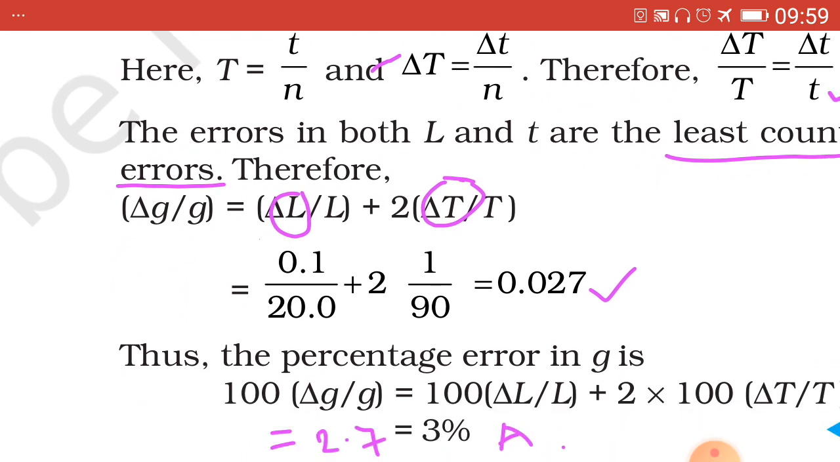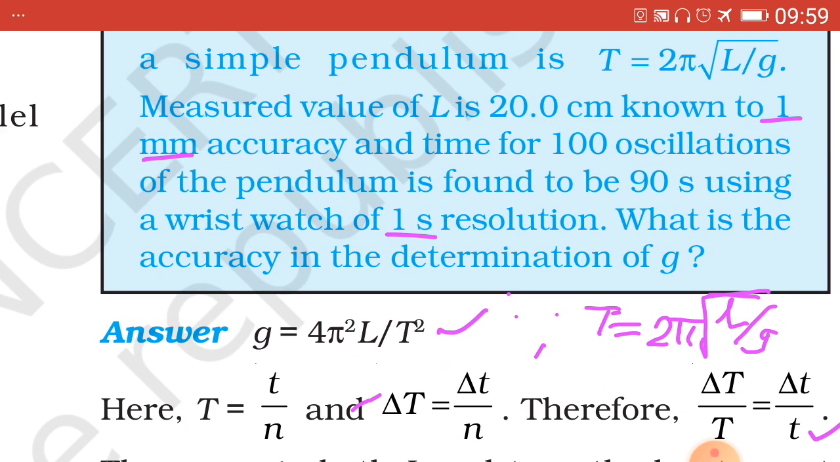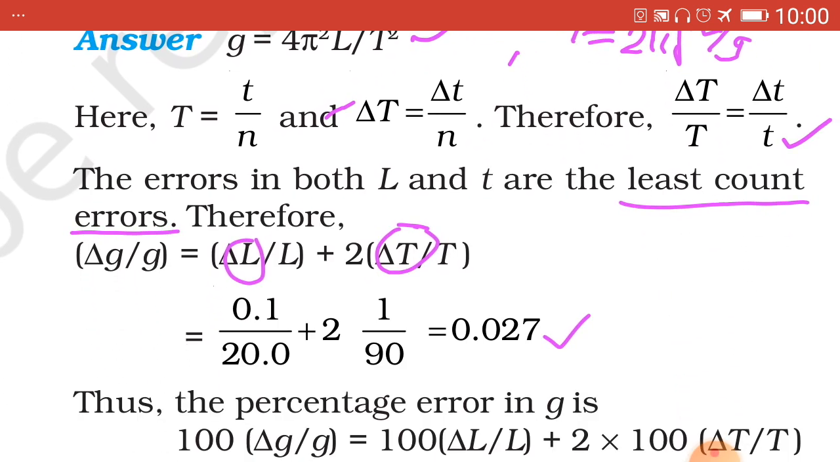So this is equal to delta L. Now delta L is substituted as 0.1. Why 0.1? Because it is written in the data, known to 1 millimeter accuracy. You can refer here, known to 1 millimeter accuracy, which I have underlined. So 1 millimeter, if we convert into centimeter, divided by 10, is equal to 0.1, upon L, meaning the length of the pendulum measured value